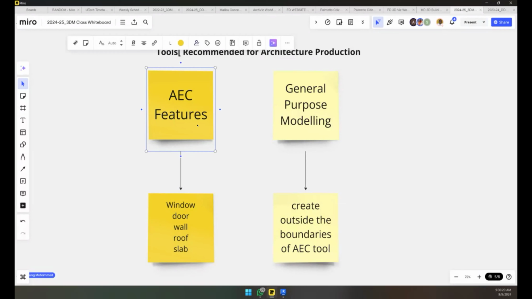So whenever you draw, back in the day of using CAD, you used to draw individual lines, right? Which Russell would know about. But nowadays, you just draw using a wall tool and then you insert a window and then bam, it already cut the wall and put in the window for you. That is the AEC features. Now,